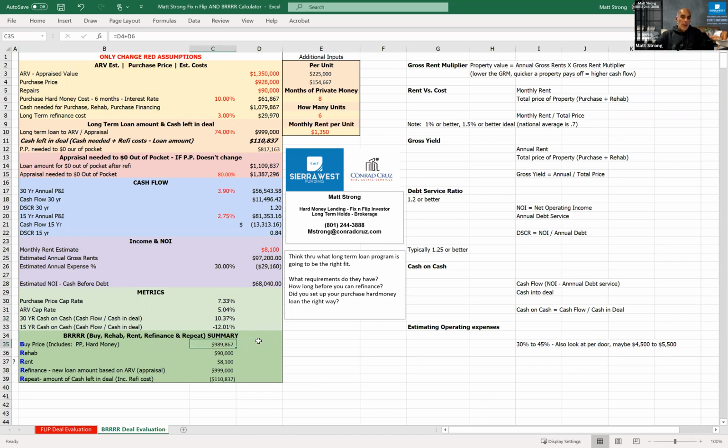So then just a brief summary down here at the bottom. Your buy price, which includes your purchase price and your hard money, $998. Your rehab was $90. You're renting it monthly for $8,100. Your refinance of your new loan was $999. And then your cash out of pocket again was $110,000. So this will be a successful BRRRR for me. Not 100% successful in that I won't be able to get every single dollar out of my pocket, but by only leaving $110,000 into this deal, that's a win, because in theory versus buying it at retail and putting 1.35